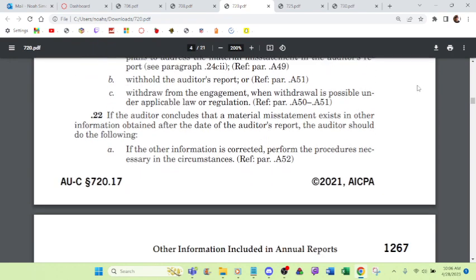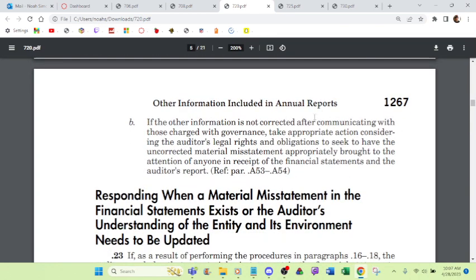If the auditor concludes that a material misstatement exists in other information obtained after the date of the auditor's report, the auditor should do the following. If the other information is corrected, perform the procedures necessary in the circumstances. If it's not corrected, take appropriate action considering